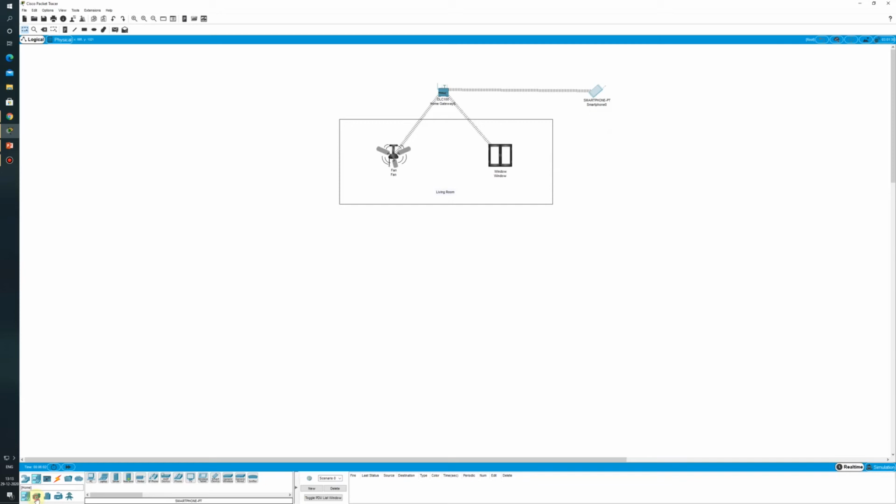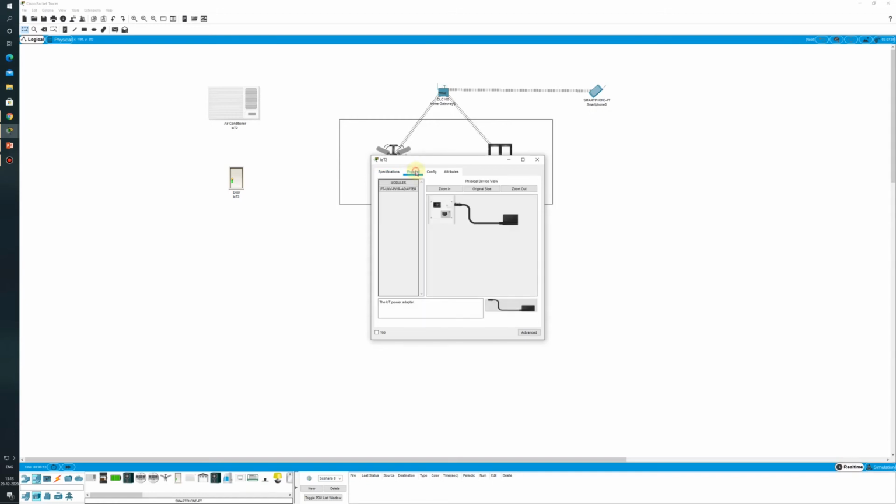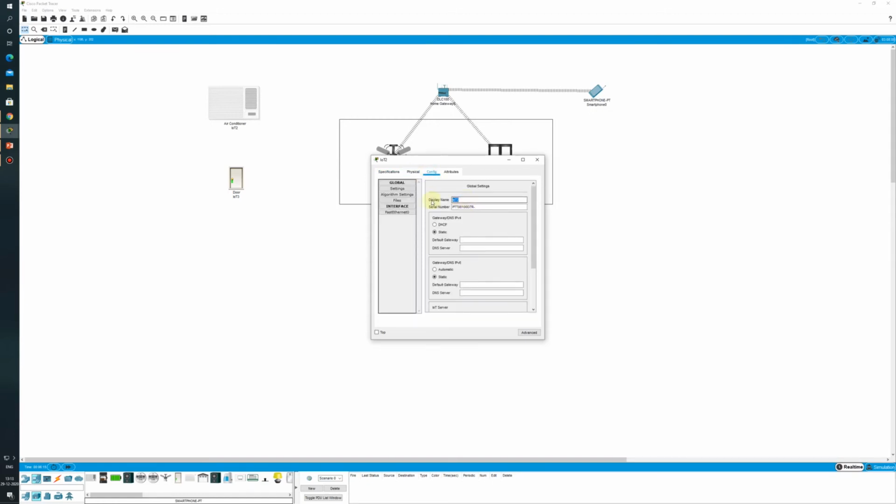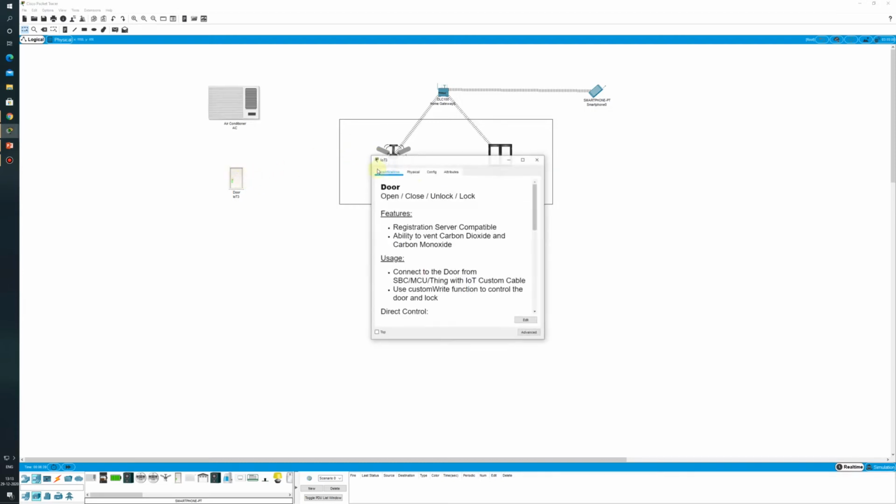Now let us take a bedroom. In the bedroom let us keep an AC, and let us keep a door for the bedroom. So same process, let me rename these two devices. So this is our AC and this is our door.